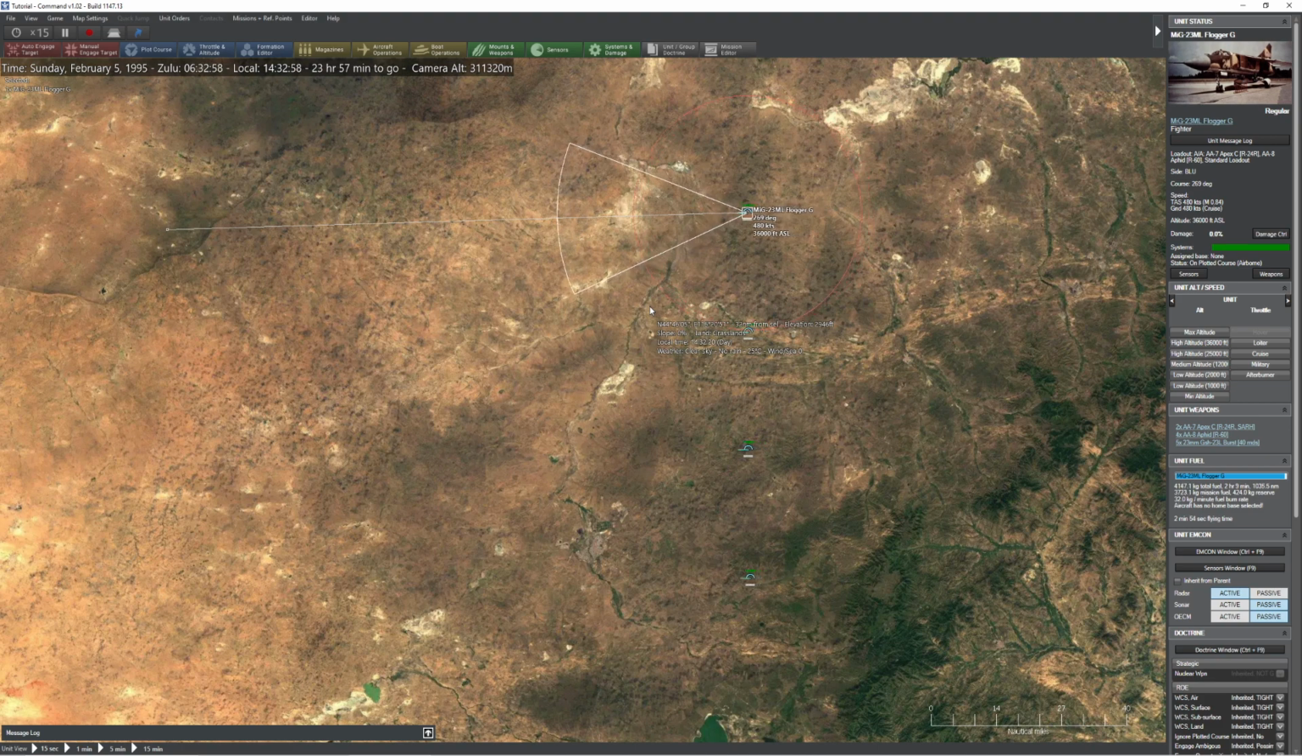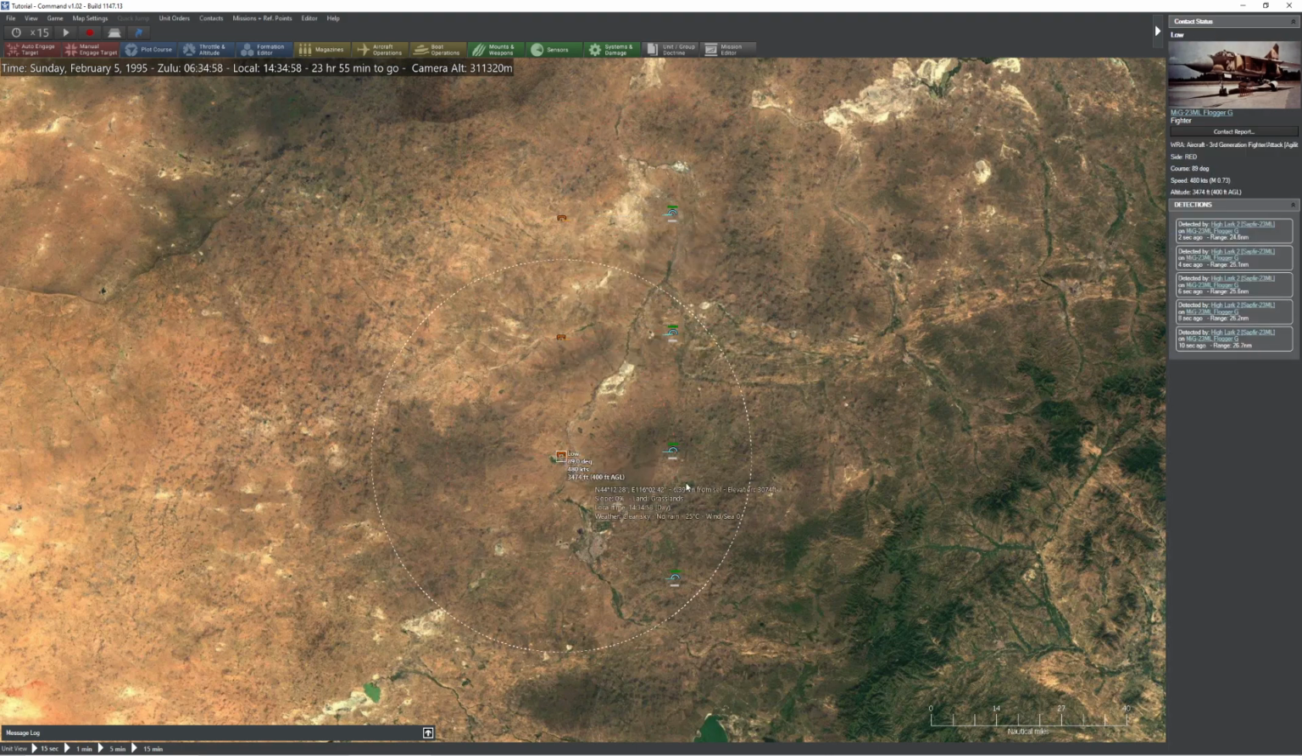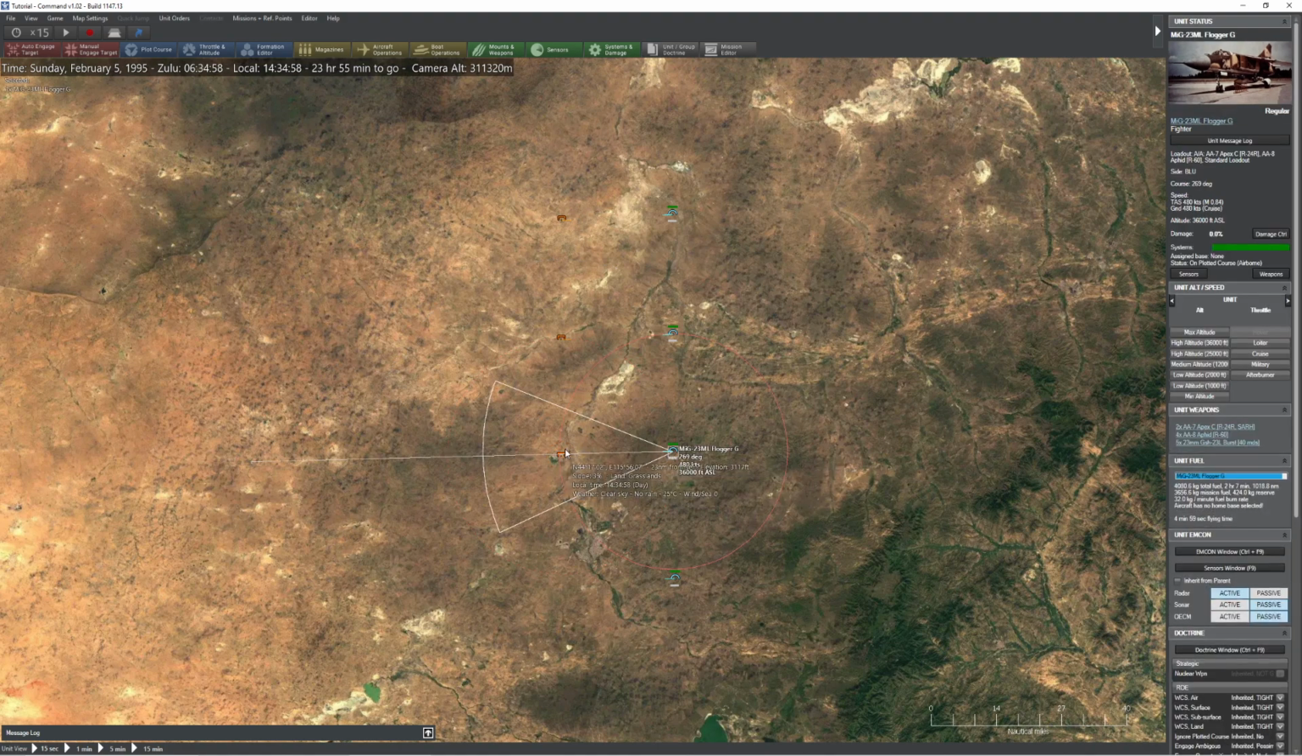So I'm going to go ahead and speed up time a little bit and see if that ground clutter helps us at all, even though this is old 70s technology. Give it just a moment, pause. You'll notice it had no impact whatsoever because this technology is good enough to filter out any targets that are